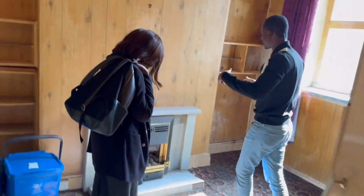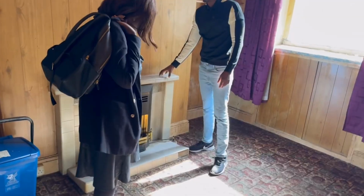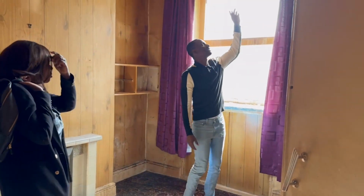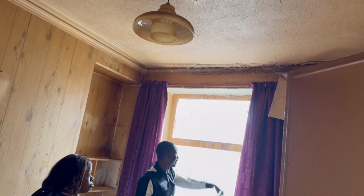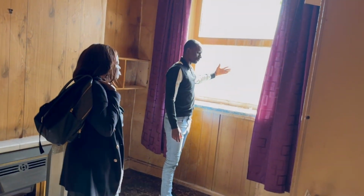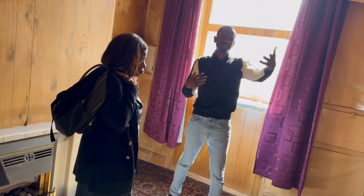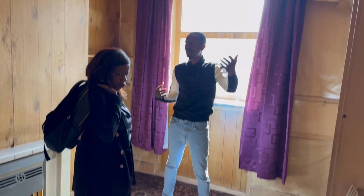The only thing we're going to make different here is we're going to remove this fireplace, because obviously this is taking room, so we can have that space. And then we're going to investigate this leak to find out what is causing that problem. We're going to change the window and then upgrade everything to look new. Again, the door is going to be a fire door with a door closure, intumescent strip, and with locks inside of